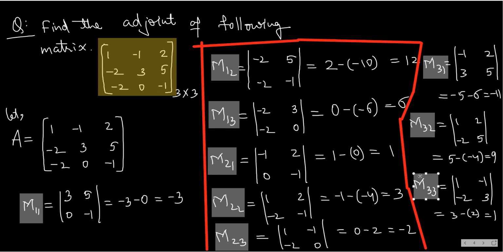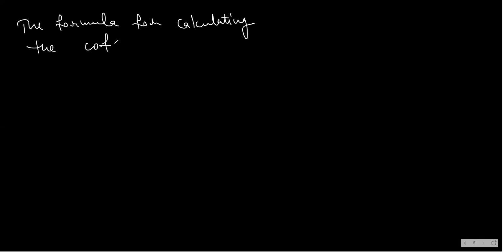Now, once we get the minors, the next step is we are going for cofactors. See, I will write here cofactors. There is a formula for calculating the cofactor